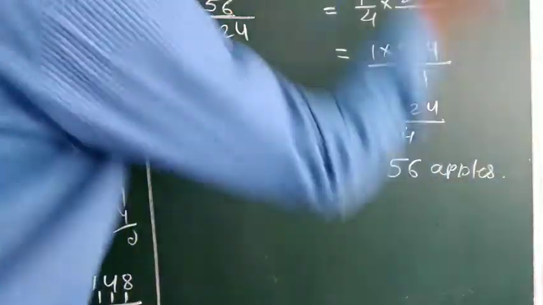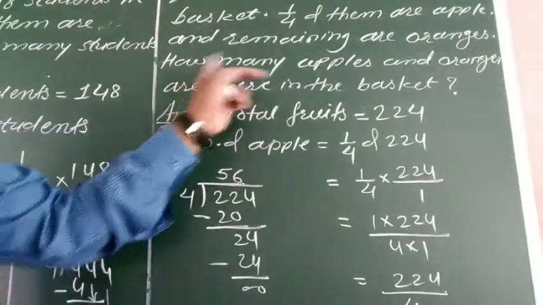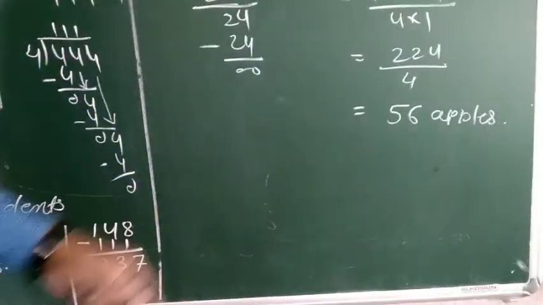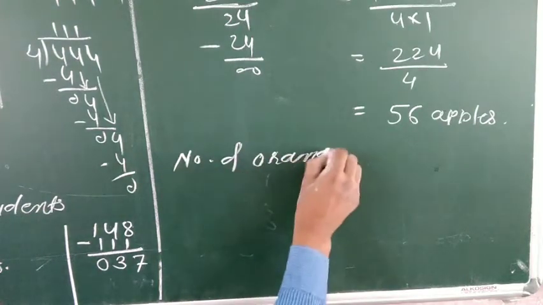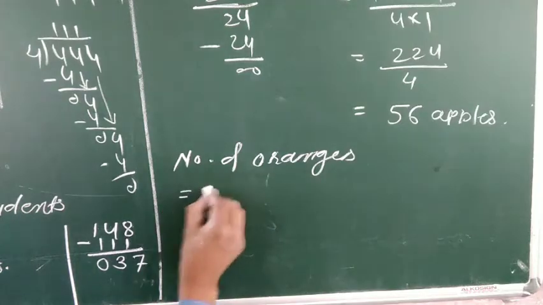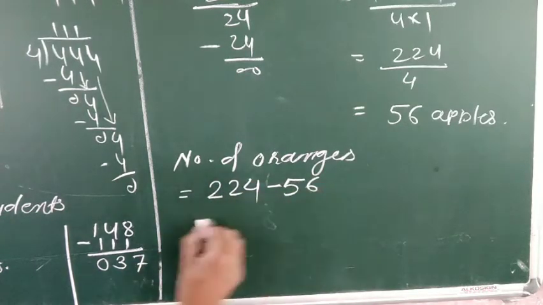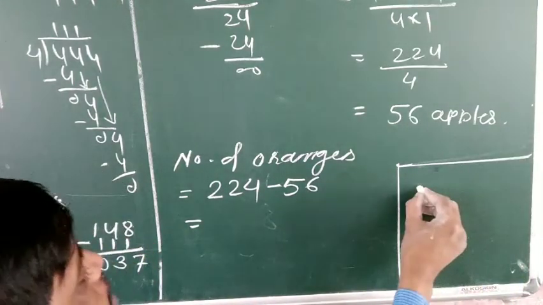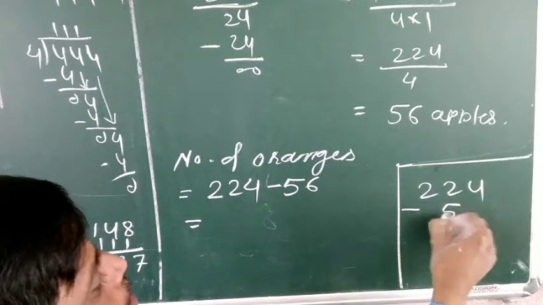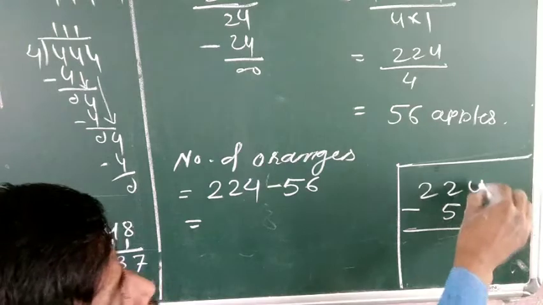It is 56 apples are there, and remaining are what? Remaining are oranges। So how many apples and oranges are there in the basket? The 56 apples are there। And now see, number of oranges is equal to total fruit 224 minus 56 apples। तो अभी आइए इसको सब्ट्रैक्ट करते हैं बच्चों। It is 224 minus 56।